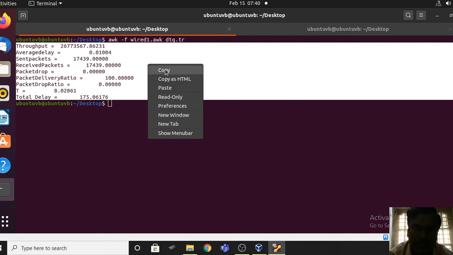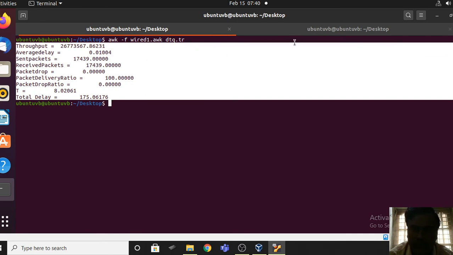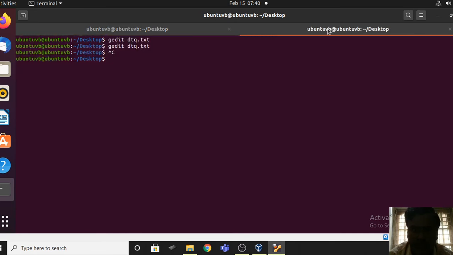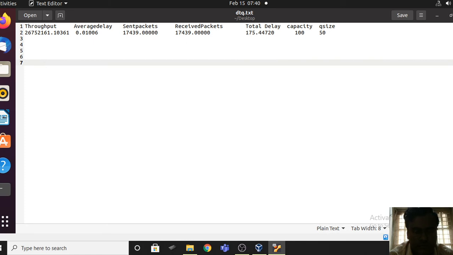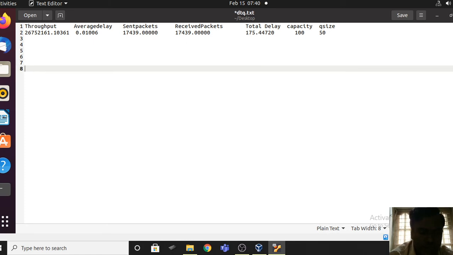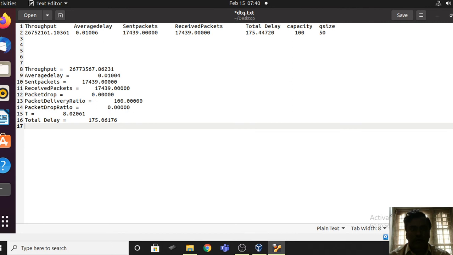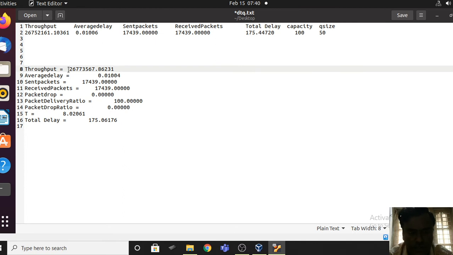Right click, copy, and go to this tab. Here you have the touch file. Control B. I have copied this. You know what the values are that I am copying. You can just make a note of this.